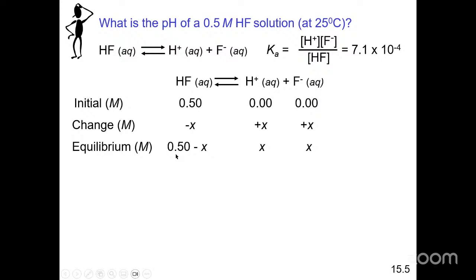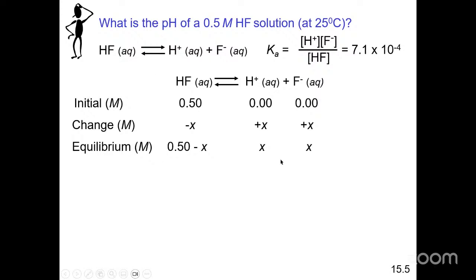Yes, sir. So in this part, how do you know if it's plus X or minus X? Because you're starting off with the acid first and nothing on the other side. So that means that the reaction must shift to the product side in order for equilibrium to be achieved, all right? Okay, so now that we have these terms representing the concentration at equilibrium for the different substances,